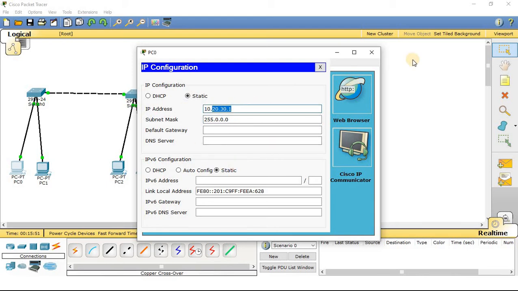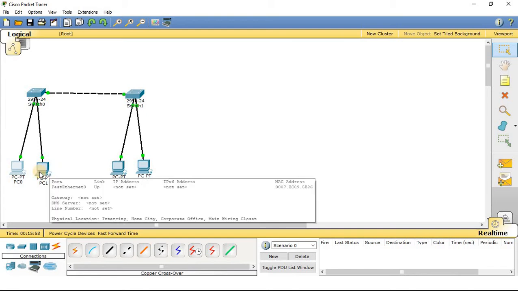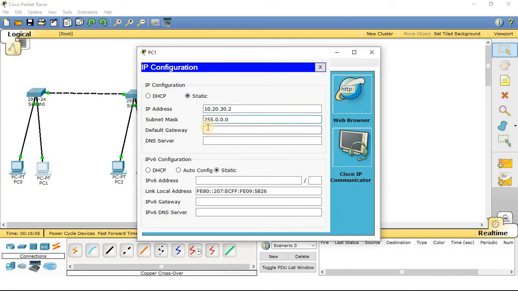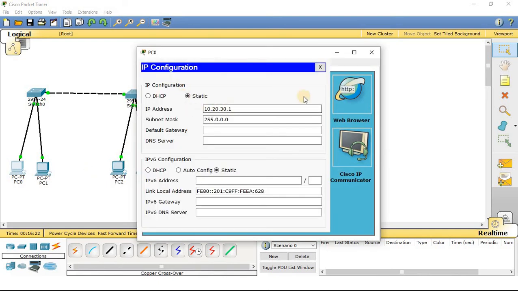We already have discussed this thing in several lectures before. Let us not waste time by repeating it here. So the network address is the same for this computer. The host address is 20.30.2, and the host address of this computer was 20.30.1.